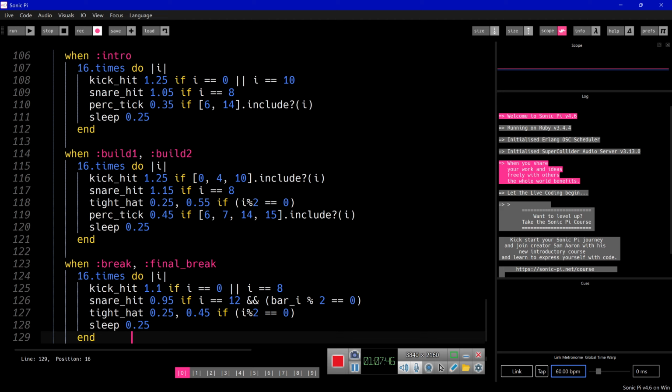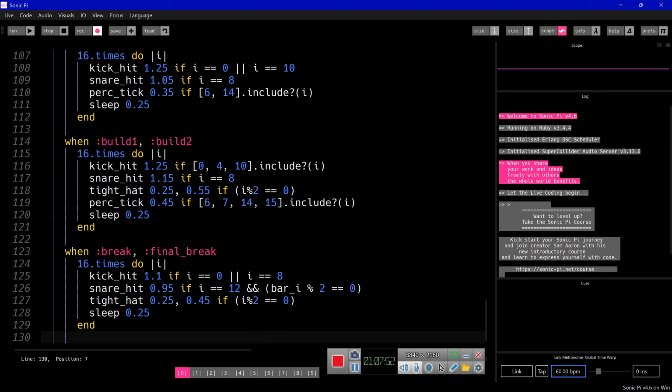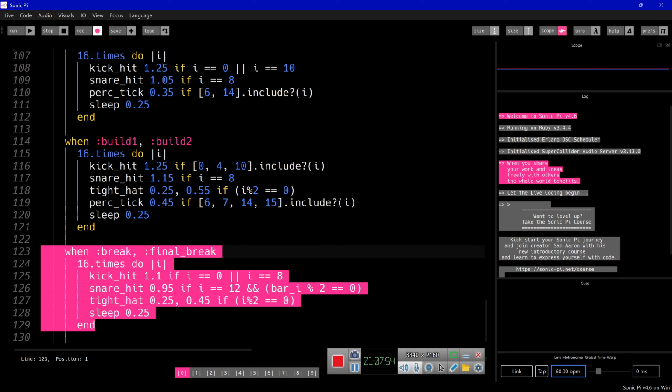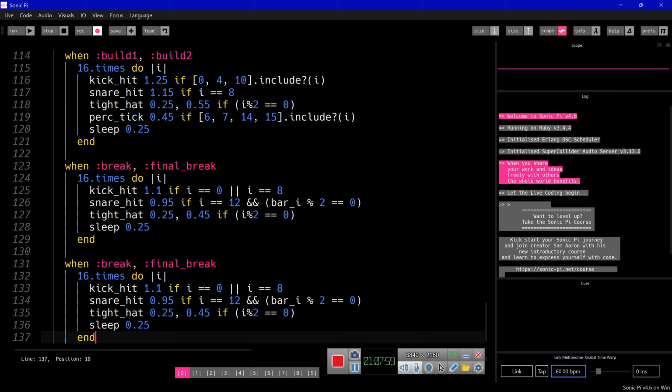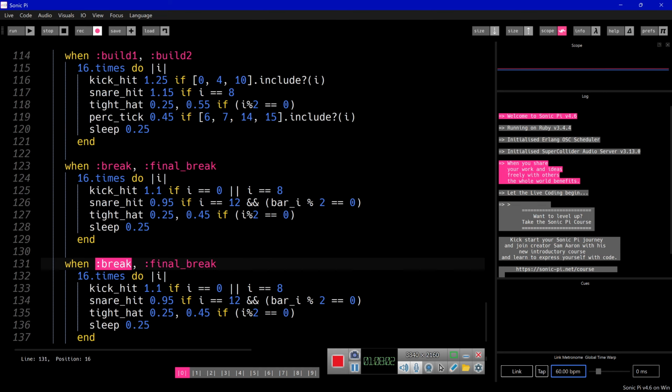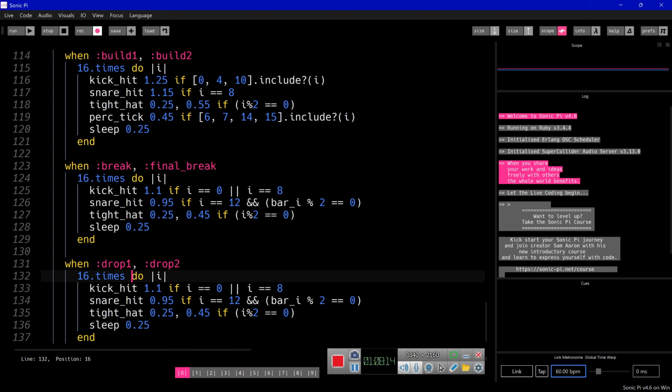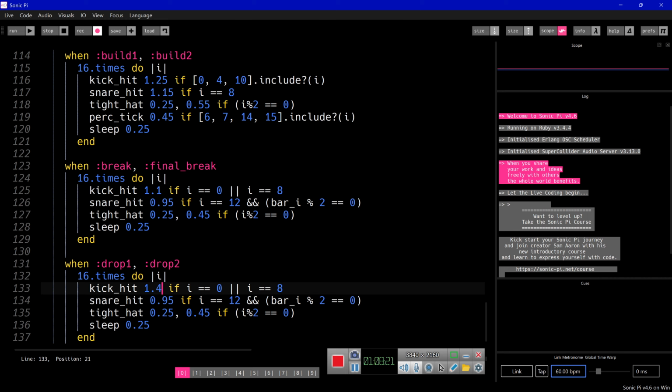And yeah, so after this arrangement, we have the arrangements of drops, after breaks we have drops. So we do the arrangement of drops as well. So we just copy paste this. Okay, so then would be drop 1 and drop 2, which are similar. Okay, again 16 times. Then kick is a lot different. Kick hits 1.4 if